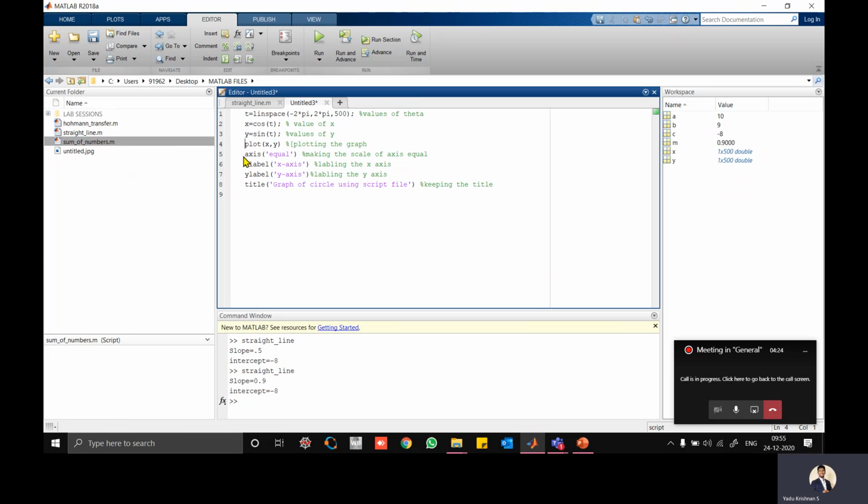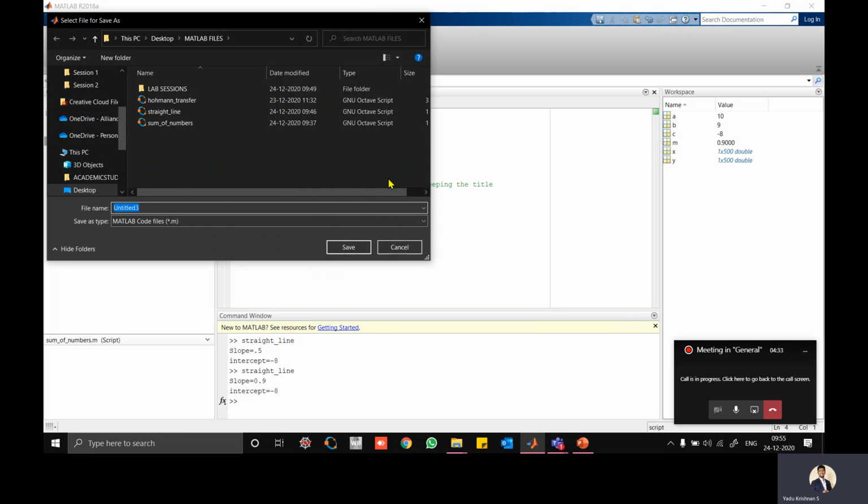Then plot x comma y, axis equal, x label, y label, and title. These all things we have discussed. I am going to run this program. I'll just name it unit underscore circle.